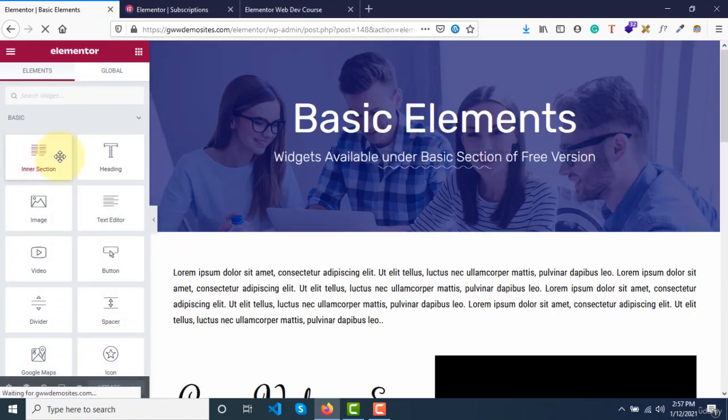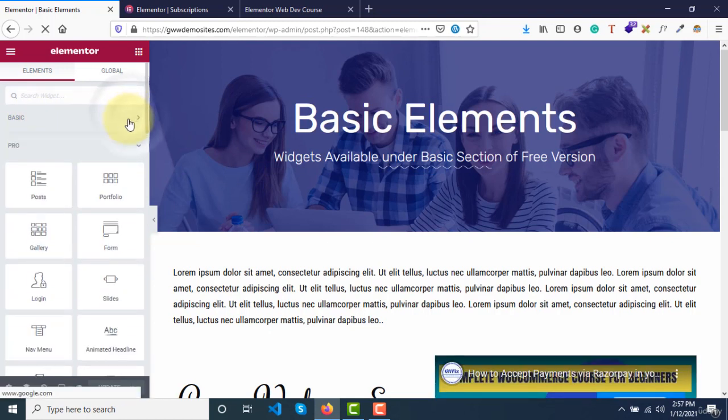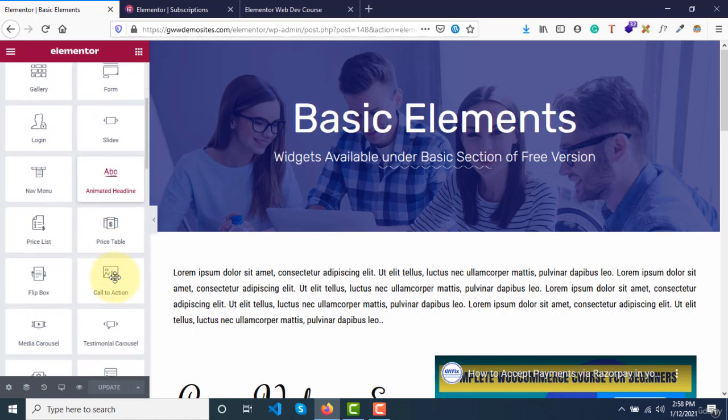Let me see if Pro version has been enabled now. The basic widgets were all available previously, and now Pro version is also available. Earlier we had some lock icons over here, they were locked so that we could not use these widgets. Now all these widgets are unlocked, right?